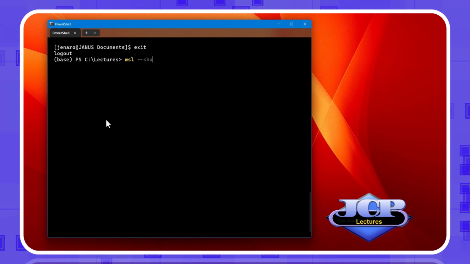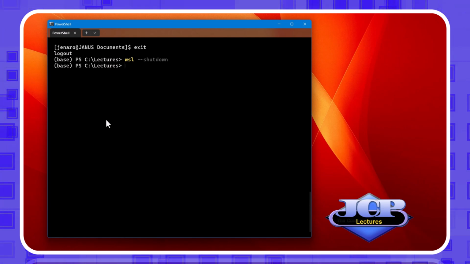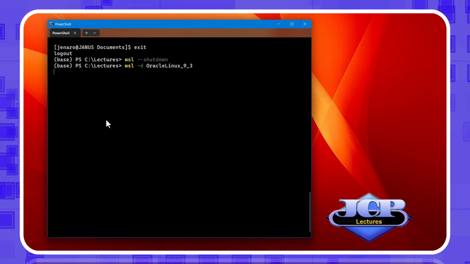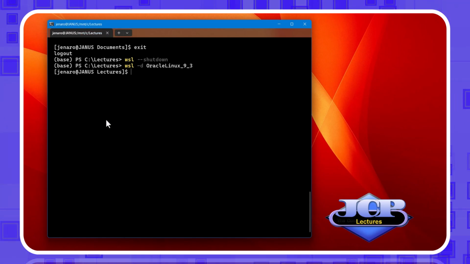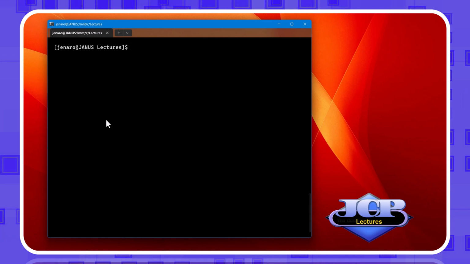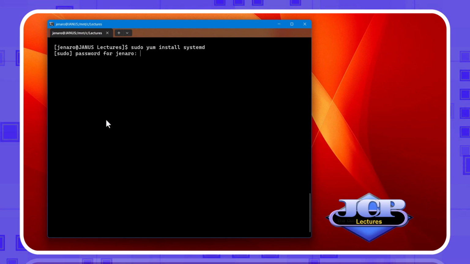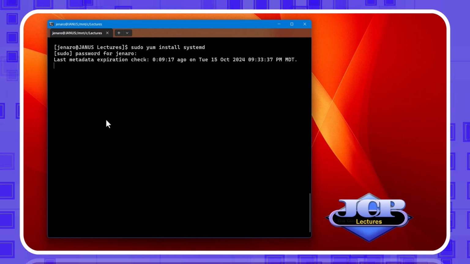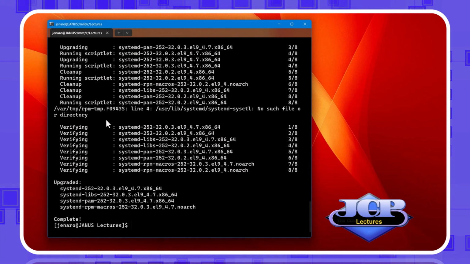The command must be wsl --shutdown, and run again wsl -d OracleLinux. Now that systemd is in the WSL configuration file, we can run the command sudo yum install systemd. It is complete.